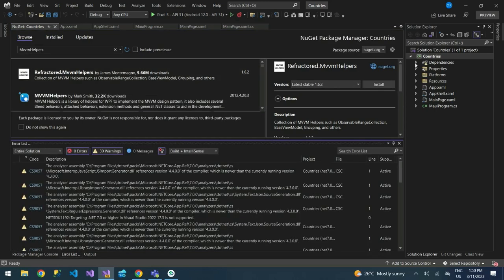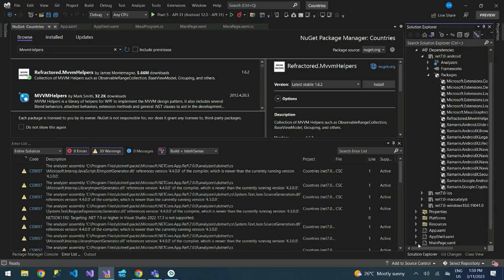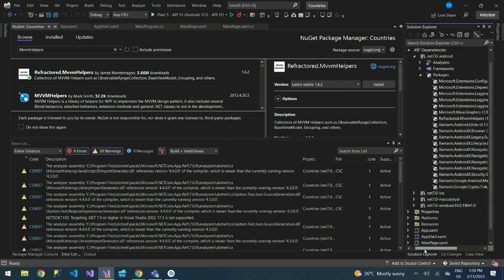Then you can also view if you have installed the NuGet. You just click on the dependencies, then Android, then packages. You can see we have it here. We have already installed. The next thing that you need to do is to install a NuGet called Country Data,